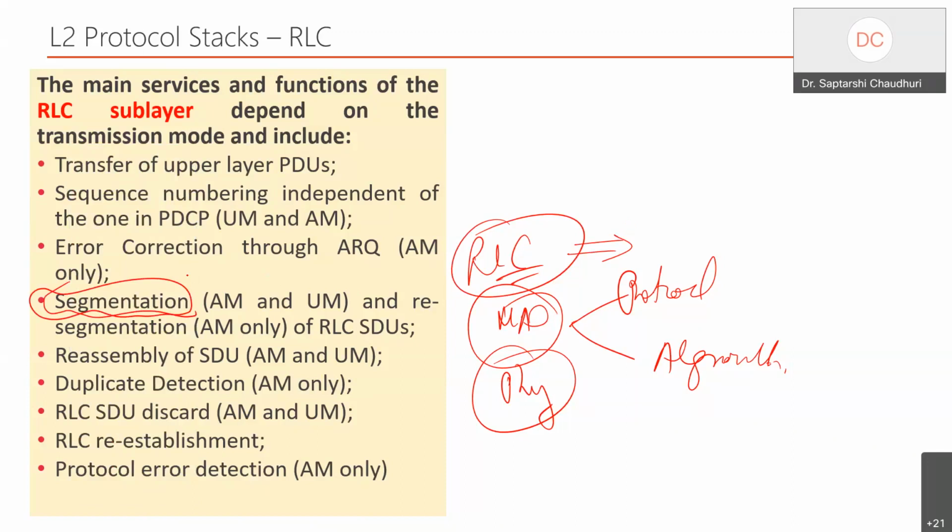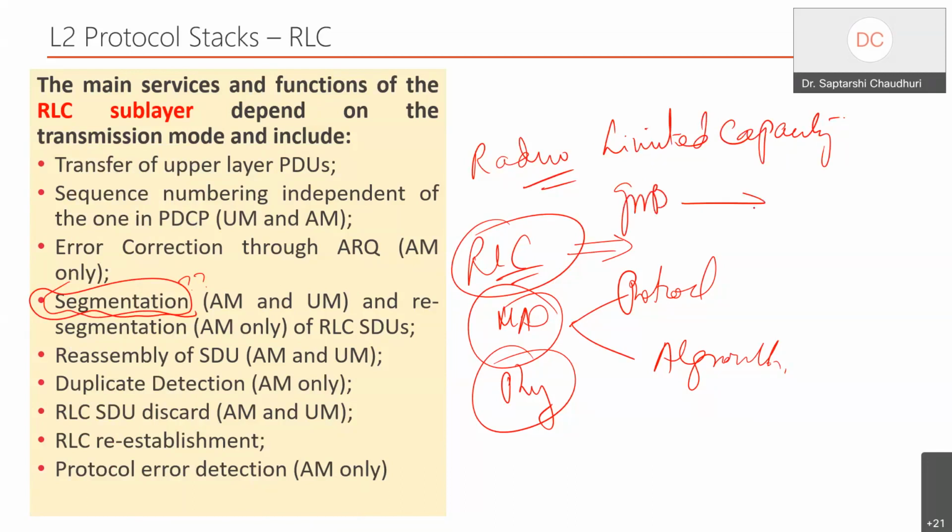Now, why do we require segmentation? Because the R of RLC is radio, and the radio has limited capacity to transmit. It doesn't mean that the base station gives all of the radio resources, that is, my OFDM resources, to one single UE. That is an inefficient transmission scheme, and then you are devoid of what we call multiple access.